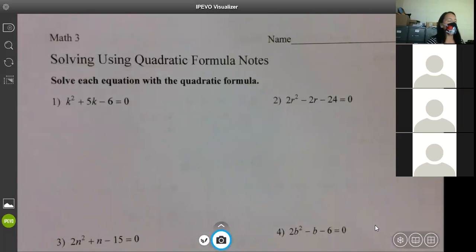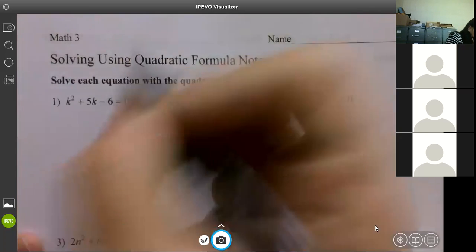If you can factor it, you want to factor it. Everything that I'm doing, I'm going to do by quadratic formula, but I will tell you at the end which ones you can factor and which ones you can't. I want you to factor first. Does everybody understand that? This problem, can I factor it? Do I have factors of -6 that'll add to 5? Yes, factor this one. Do not do this one quadratic formula, but I'm going to do it quadratic formula. And the reason I'm doing it quadratic formula is to show you how to reduce it, because you're going to have to know that real soon. Okay? So if we do it quadratic formula,